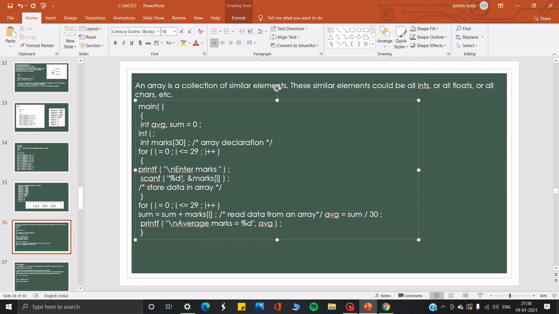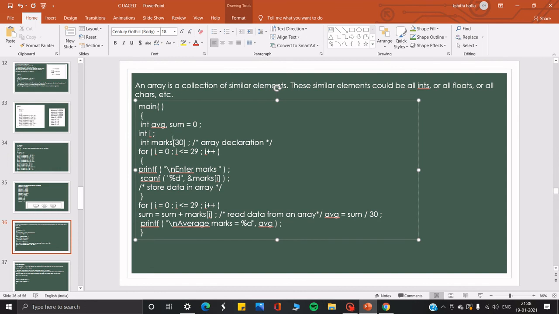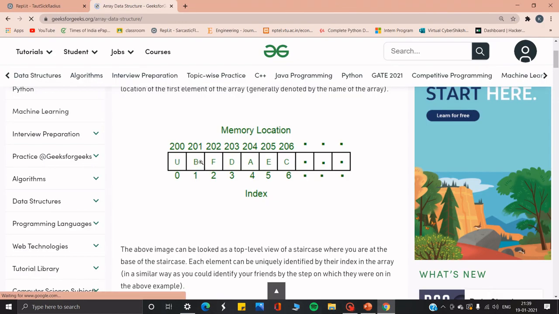So the user will enter his or her mark, and it gets stored in the first element. Then it comes back here, i gets incremented to 1. 1 is less than 29, yes, and i plus plus will ask the user to enter the mark, and whatever mark was entered gets stored. i is 1, so it gets stored in the second location.